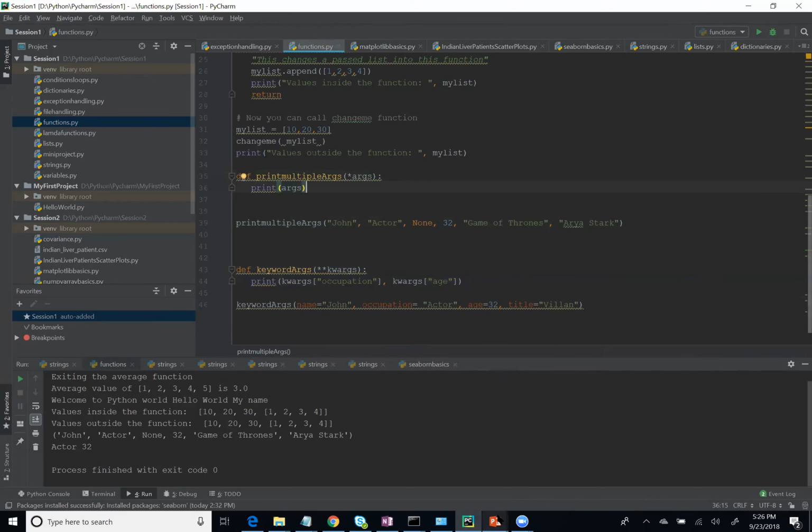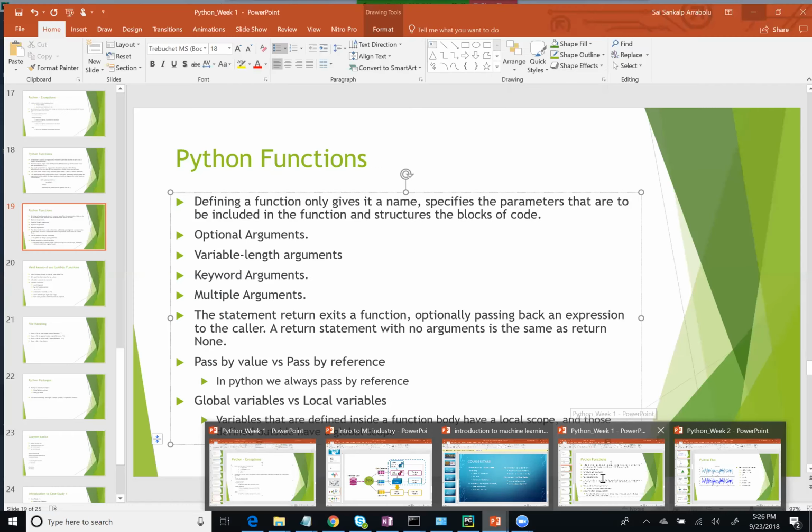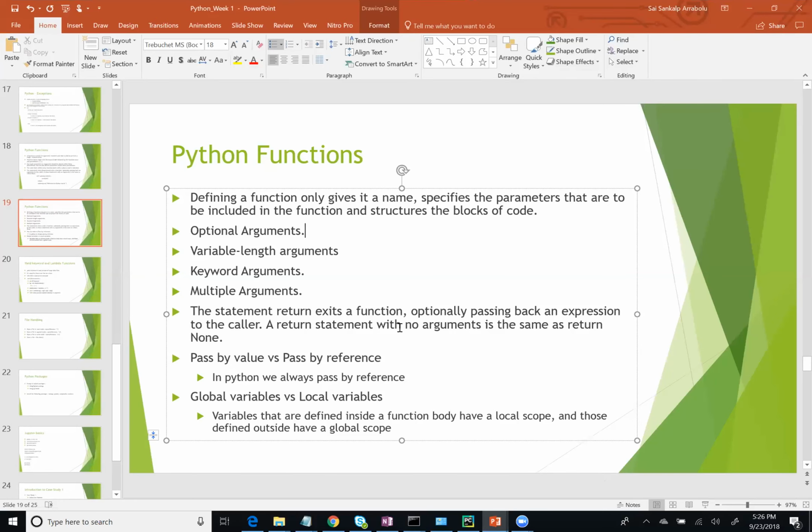So just to recap, the way we define functions is very clear, but there are 4 additional properties for Python functions. Optional arguments means apart from your argument, you can give one additional argument and give it some default value. Second is variable length arguments. The example which I gave you was print. In print, you can give 10 strings, 20 strings, 30 strings. Instead of having each implementation for every function, you will basically put everything in a single asterisk. If you put it in single asterisk, then you can take as many